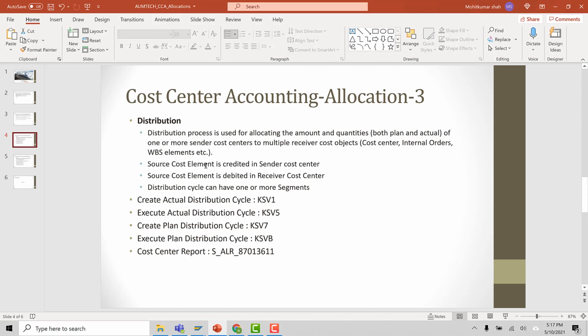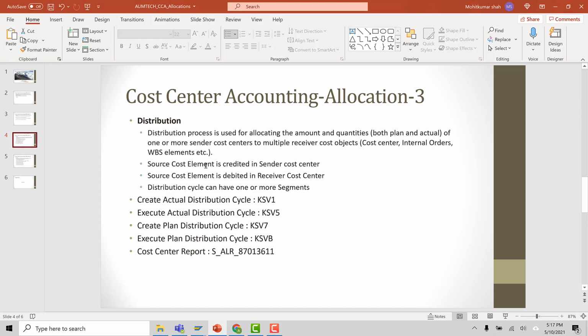Now I can have one primary cost element, or I can have 10 plus primary cost elements, and all of them send their values to one secondary cost element. The cost element category is 42. This is assessment I'm talking about. And this one single secondary cost element will get credited in the receiver cost center.